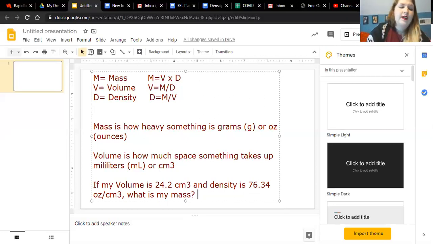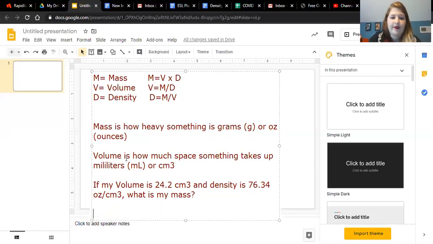So let's look at our variables here. I have my volume and I have my density. What am I missing? I'm missing my mass. How do I get my mass? I need to multiply volume by density. So my volume is 24.2, and we're going to multiply that by our density, which is 76.34, which equals